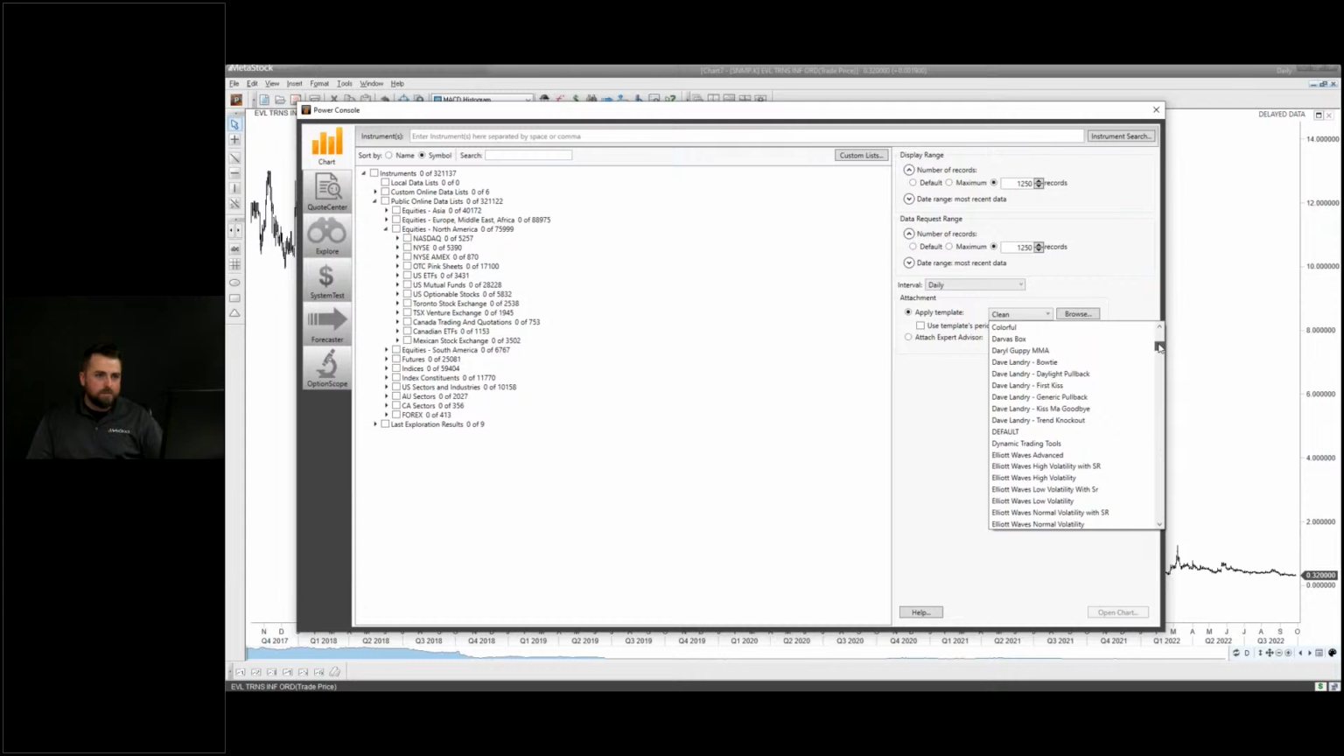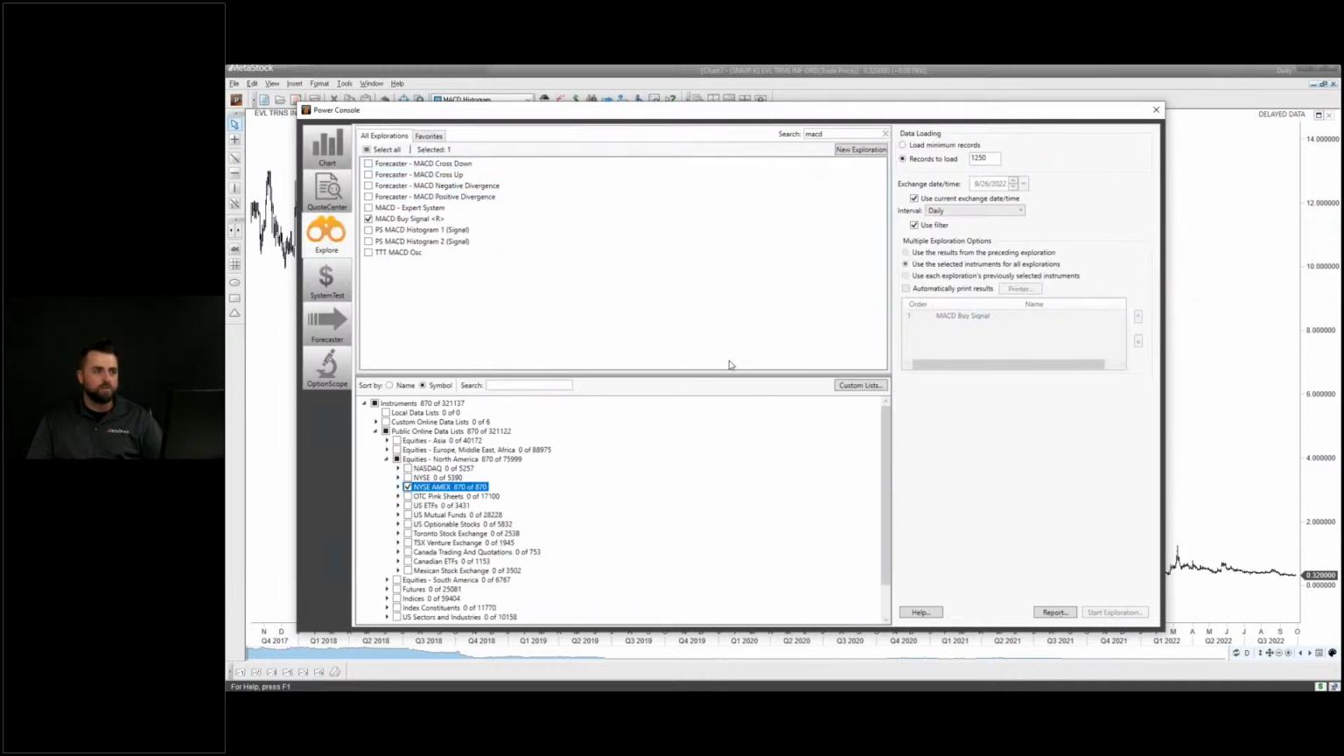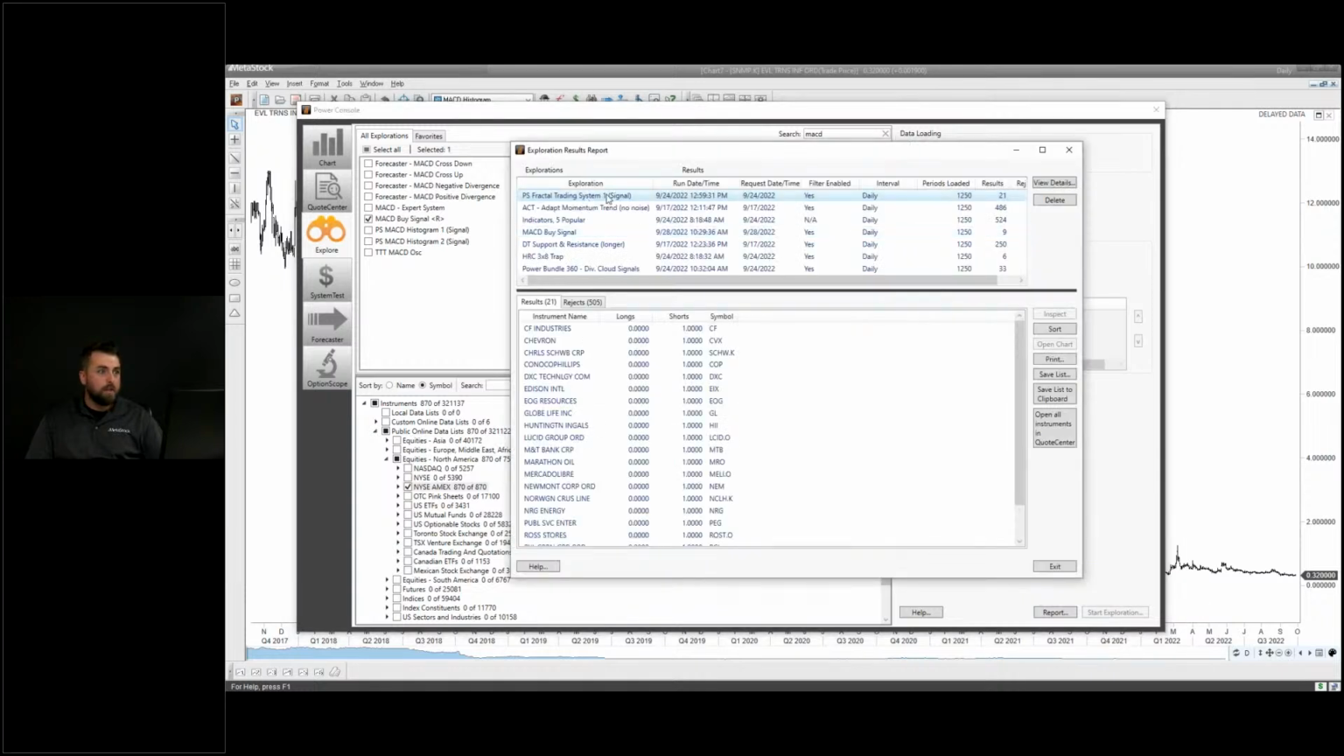And this is our demo computer, so we have a lot of different things listed on here. Say I want to open them all up with the MACD histogram. I'm going to do the same 1250 records, because that's the amount of records I loaded in my exploration. So now if I actually go back to that report that I just ran,